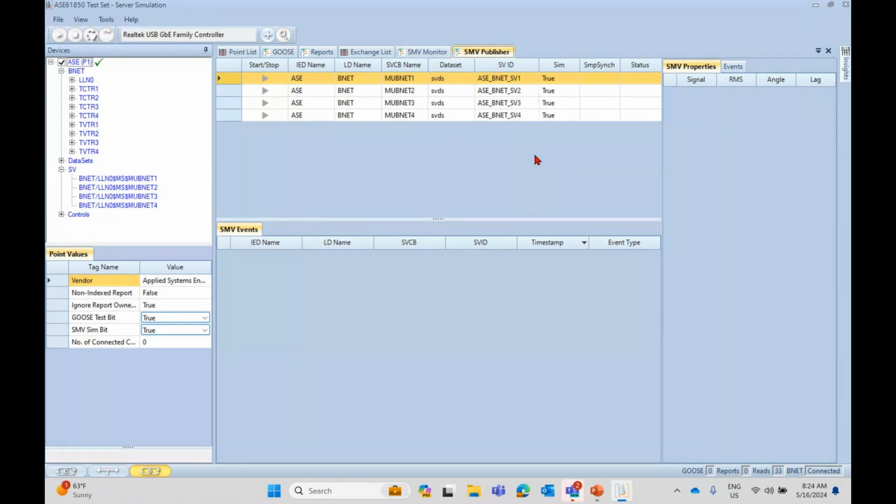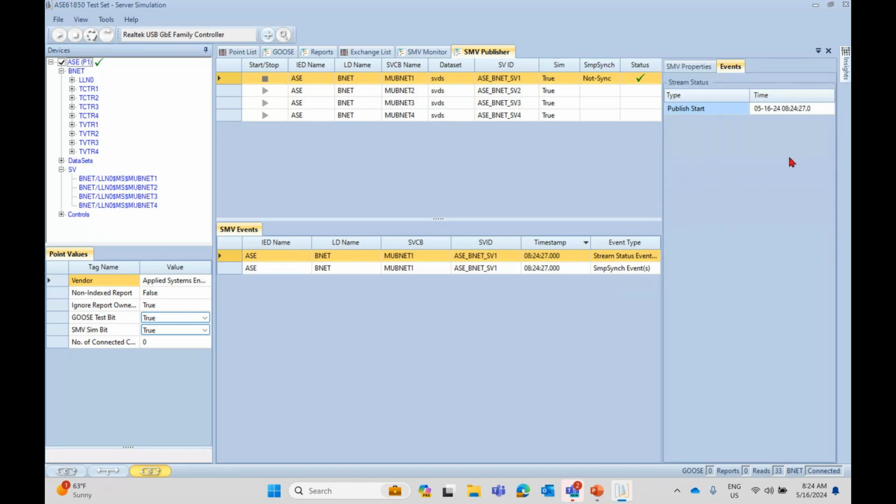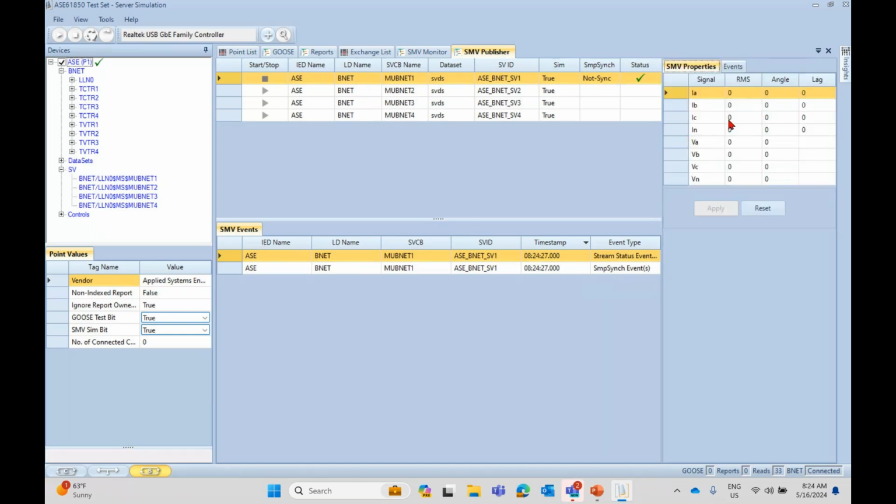So to start the demo, I will run the publishing, and you will see a few events here saying that the publishing has started. Right now you can see that these sample value streams are being published with the 0 values. If you don't specify any value, then it will give some dummy values